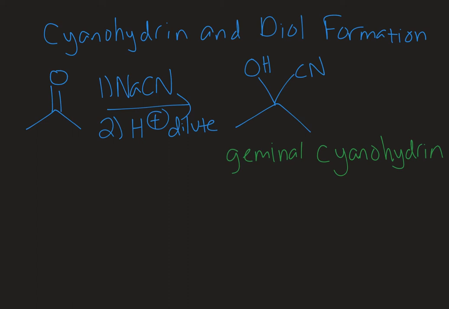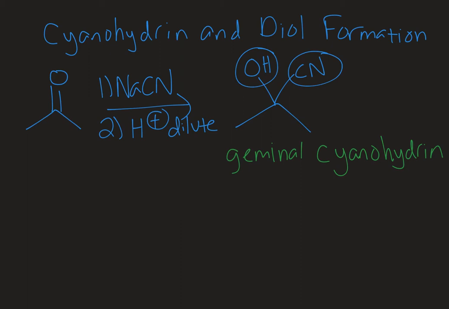In this video, we're going to look at the formation of cyanohydrins and diols. So I have before us here a scheme where we start with a carbonyl compound and we're adding the nucleophile of cyanide, so C triple bond N. It's as a salt here with a sodium spectator ion, and then following that up with dilute acid. Here we have our cyanohydrin, so cyano for this C triple bond N group, and then hydrin for my OH